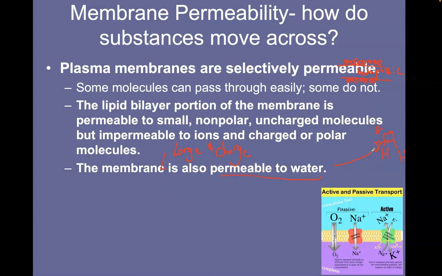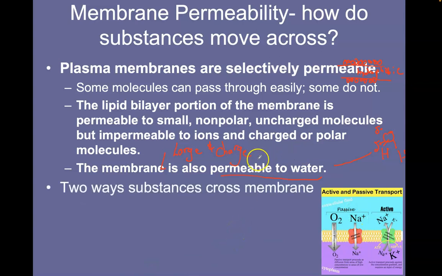Because water molecules are small and only have these partial charges, they can make their way through the membrane, albeit much more quickly if there are protein channels that allow them through. And we'll talk about that. So you can increase the permeability of a membrane to water. They'll move through the membrane, but much more rapidly if you have a protein channel. So keep that in mind. It's important to know that water can move through the membrane because we're going to talk about osmosis